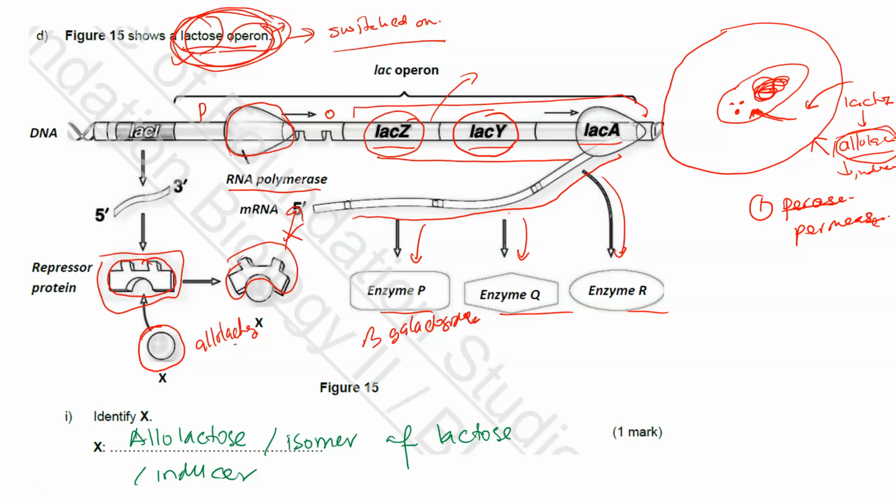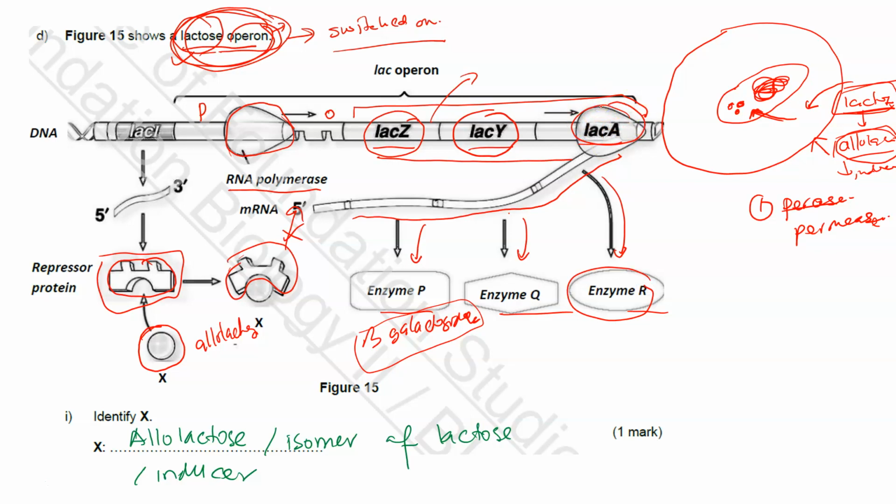Okay, beta galactosidase. The lactose that has entered into the bacterial cell needs to be metabolized. Lactose, its monomer is what? Glucose and galactose. So that is the function of beta galactosidase, which is to break lactose into its monomers glucose and galactose so that the cell can use them for cellular respiration to generate energy. Okay, and then the last